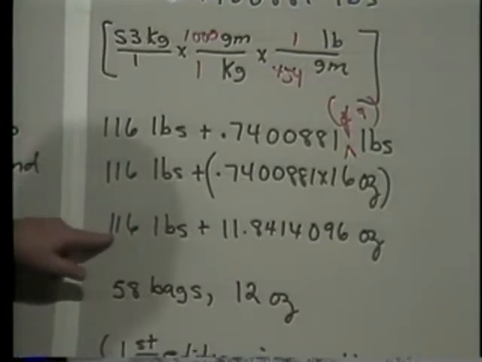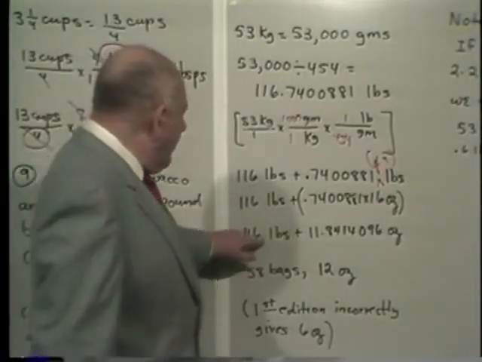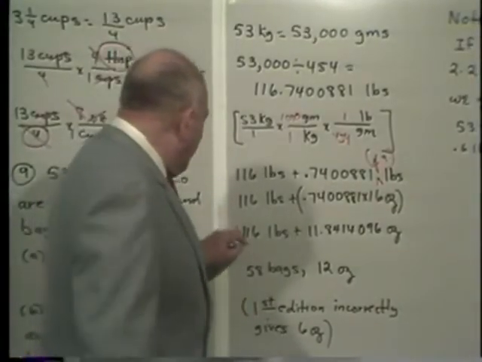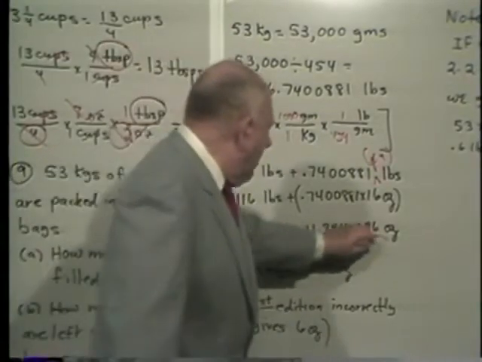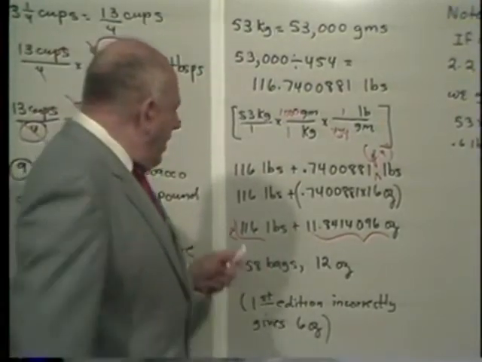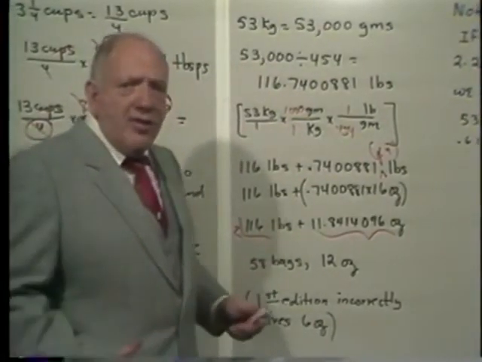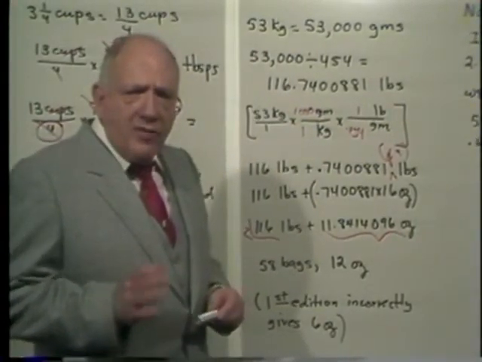It's 116 pounds and 12 ounces. Now, how many pounds do I put into a bag? 116. So at 2 pounds per bag, that's going to fill up 58 bags. And now what's left over after the 58 bags are filled? 12 ounces. And by the way, usually I find an excuse, like it was a typographical error or something, to explain